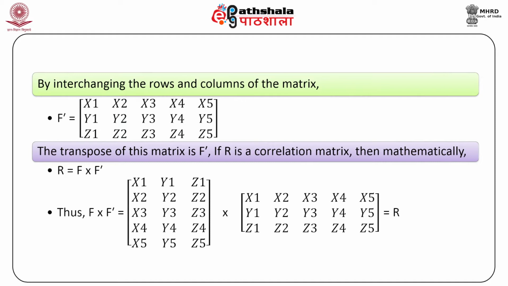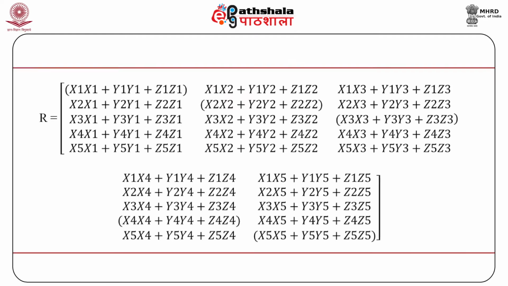Thus, F into F dash is equal to x1, x2, x3, x4, x5, y1, y2, y3, y4, y5, z1, z2, z3, z4, z5 multiplied by x1, y1, z1, x2, y2, z2, x3, y3, z3, x4, y4, z4, x5, y5, z5, which will be equal to the correlation matrix R. Therefore, R is equal to